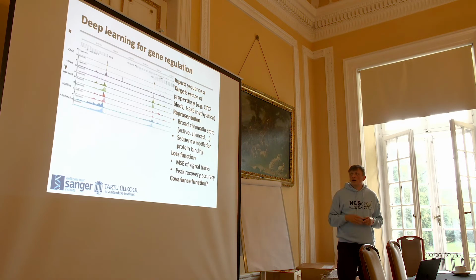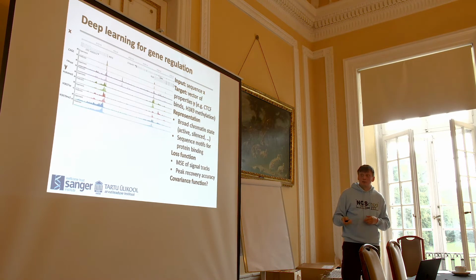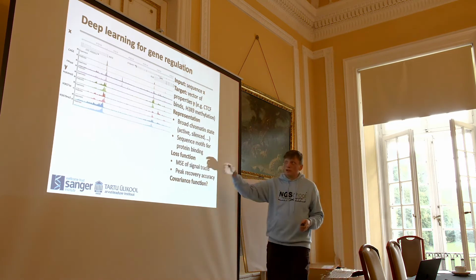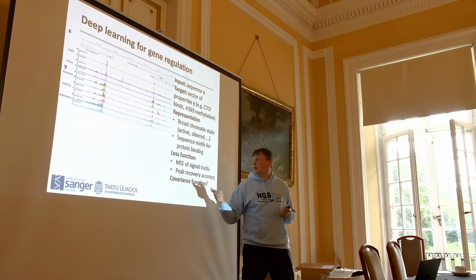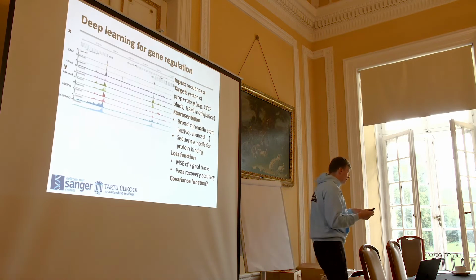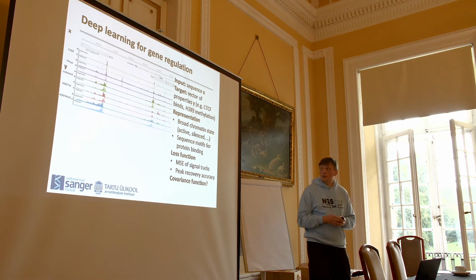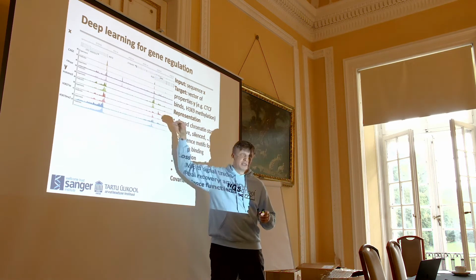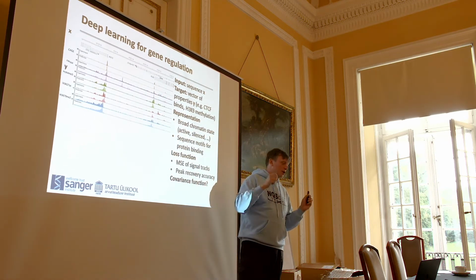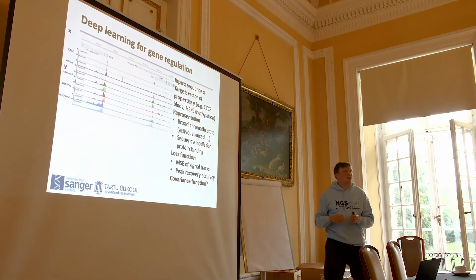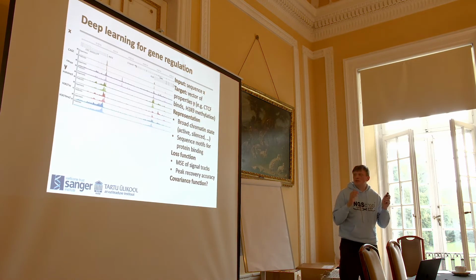For a single track, the only thing I could think of that makes sense for the loss function is that, in the end, it's a regression problem. You're trying to predict these tracks. But I'm still not sure, and if somebody works in regulatory genomics, I'd like to know whether there's quantitative signal in the peaks or not. Does it matter that there's a peak, or does the height of the peak also matter substantially? So can these be binarized or not? I'm not sure about that, so if somebody has better intuition, they should share.